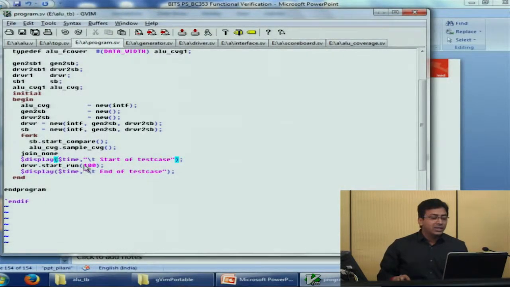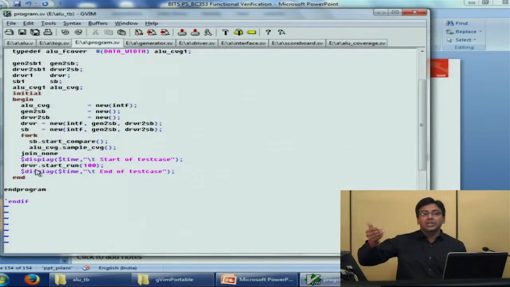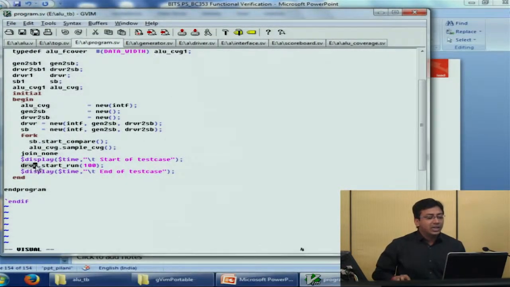The next code line is the start of test case, and this is where the actual operation is performed. Since the driver is the one which is actually going to drive the interface values, that is the values on the interface which will be passed to the DUT as inputs, this is where we start that. So we say driver dot start run. Start run is an API in the driver. We'll go through that.